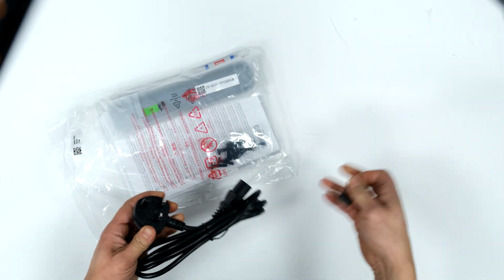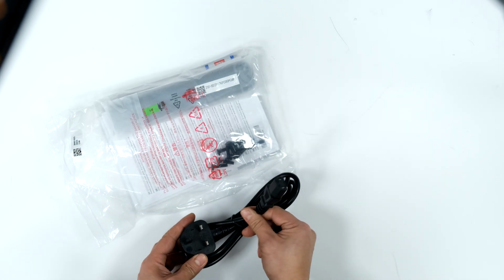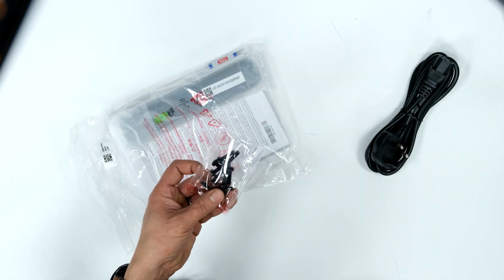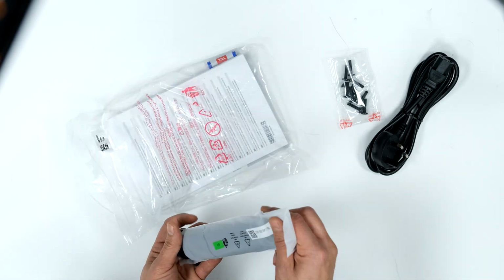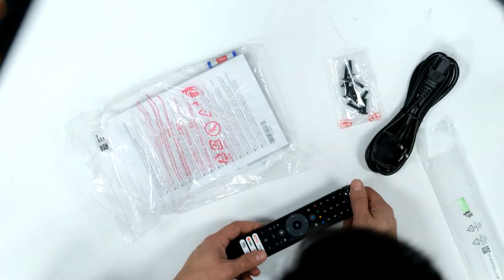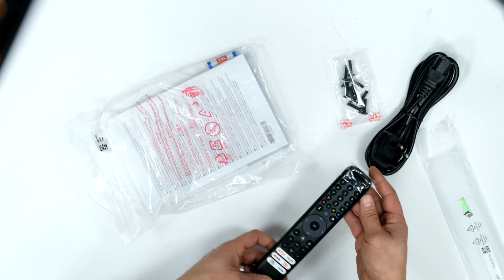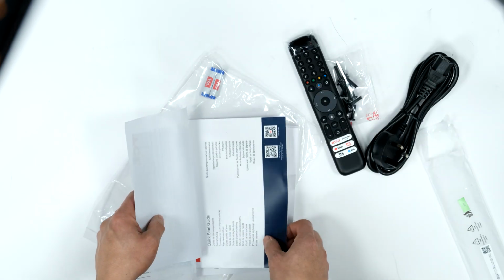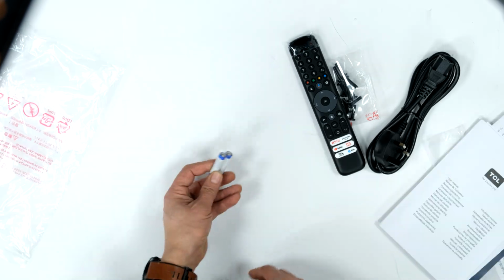Kettle lead, UK mains plug, straight kettle plug or IEC mains to the TV. 8 machine screws, I think they're M5 or M6 even. Included a remote control, I'll get a close-up of that in a moment. Instruction book and some of the paperwork there from TCL, quick start guide and the instruction book itself, and some